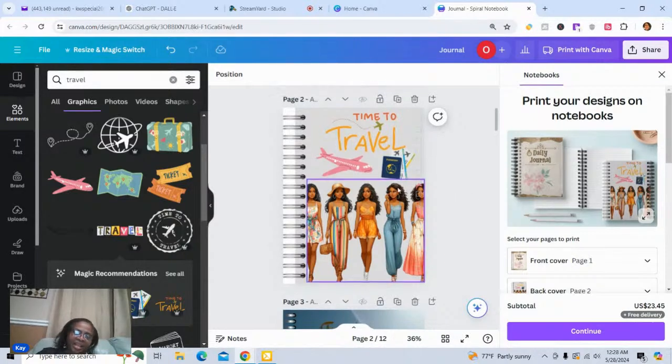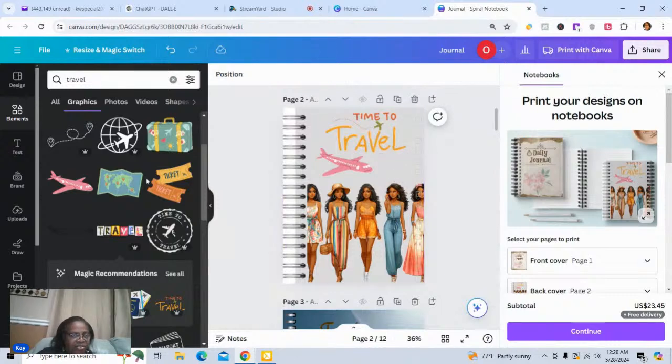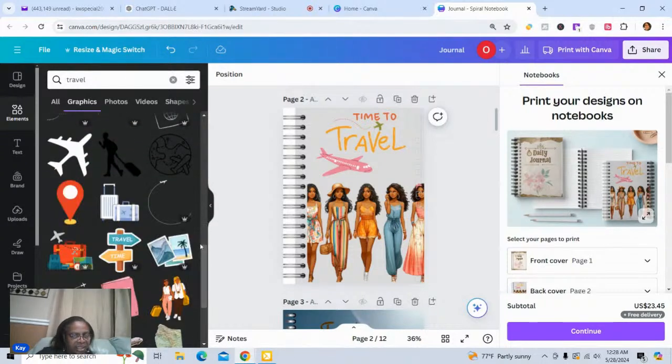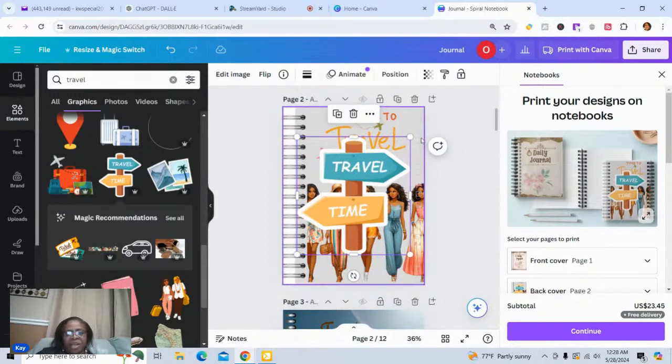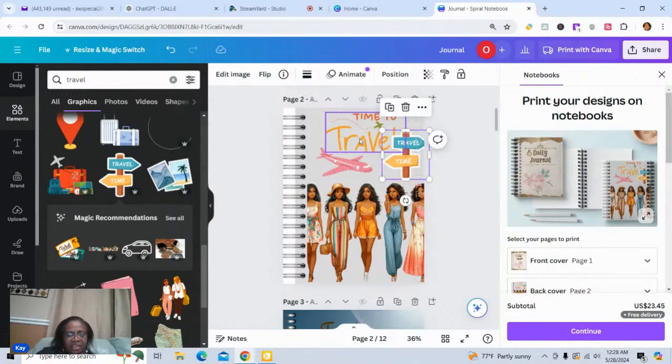Yeah. It's a little busy to me, so I probably would, since this little passport image has airplanes on it, take it out and just try to find a passport image without the planes on it and see. Oh, and I like this too. This would be another element. So actually, when you start working with elements, you are going to find, I should say,